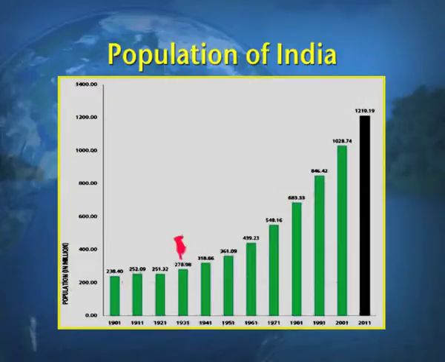Next, 1931 with the population of 278 million, 1941 the population rose to 318. Now, you see there is a gradual increase in the population. With 1951, the population rose to 361 million. In 1961, it rose to 439 million, followed by 1971 with the population count of 548 million. 1981, 683, 1991, 846 million,